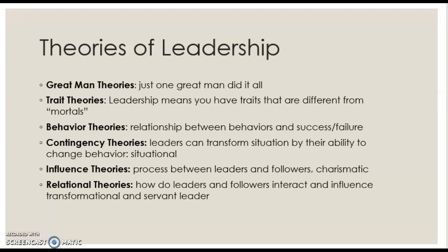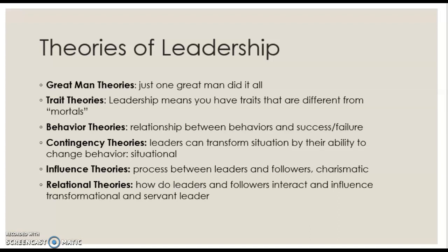We talk about behavior theories, that if you have certain behaviors, that there is a relationship to success or to failure. I will tell you that Walt Disney went bankrupt six or seven times in the course of his life before he met Mickey Mouse. Failure is oftentimes associated with success. They are, in many ways, two sides of the same coin. But the truth is, few people have known just success. Most everyone knows success and failure.